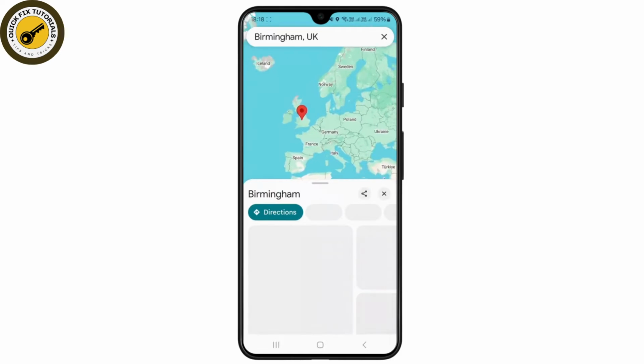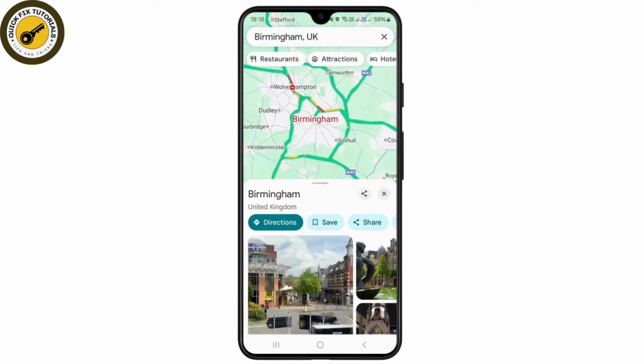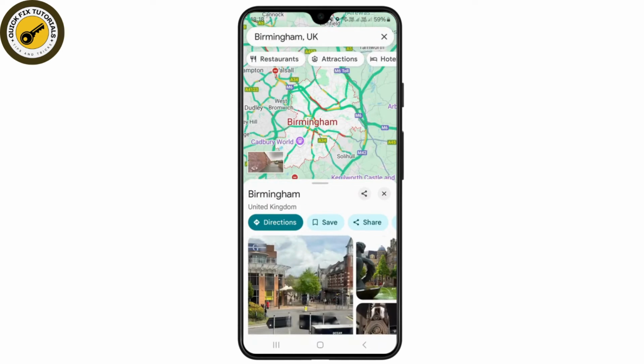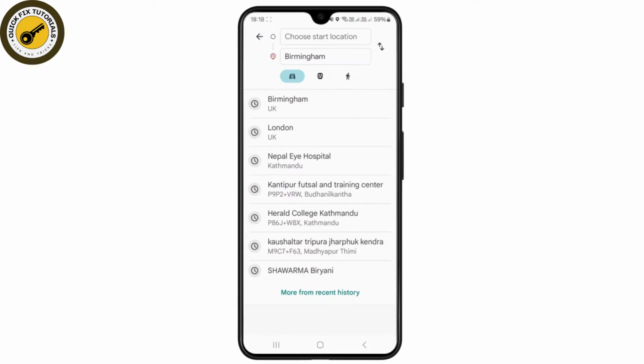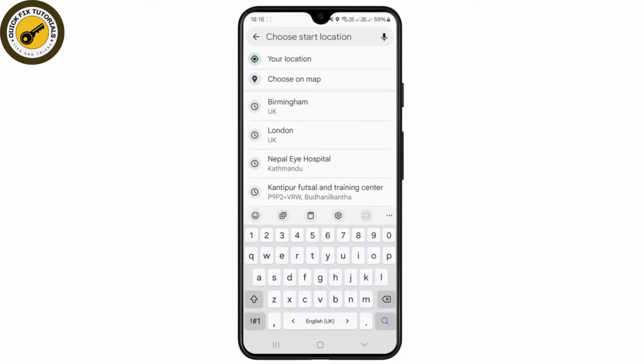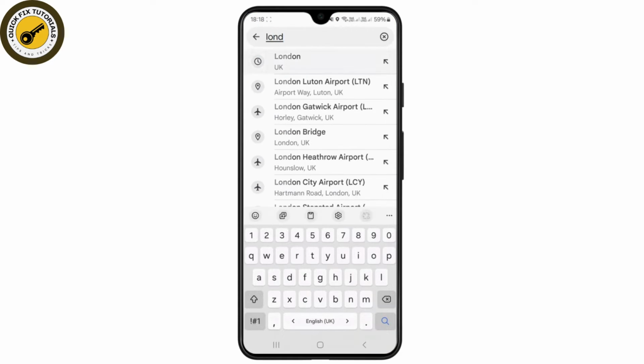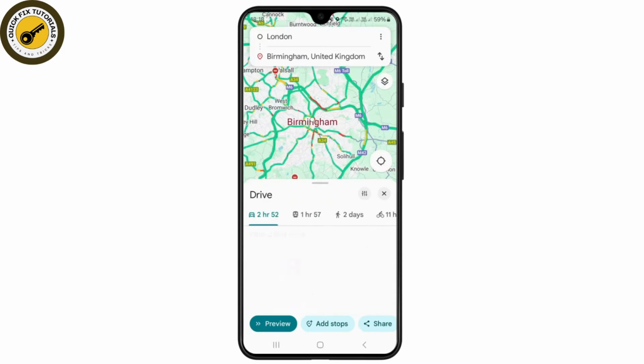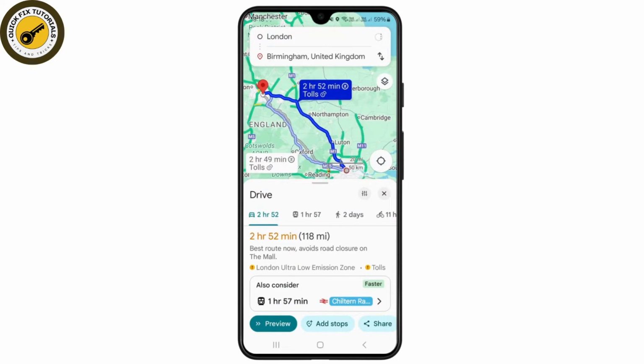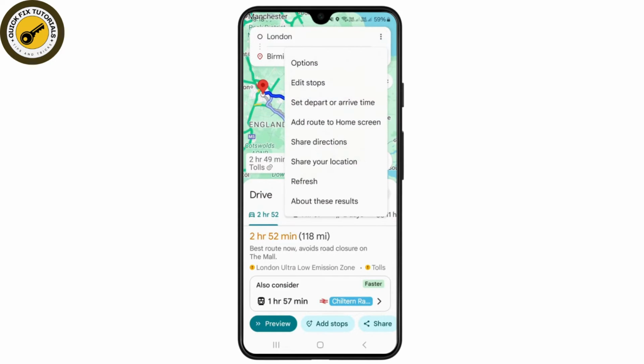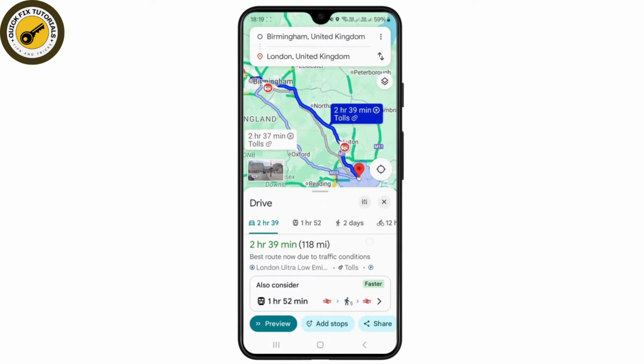In this quick tutorial I'll be showing you how you can easily add multiple stops to Google Maps. So let's say I'm currently at Birmingham and I want to start my location, let's say from London. Maybe I will select my start location as well as my end location. So if I were to add any stops right in the middle between them, so for that what I will